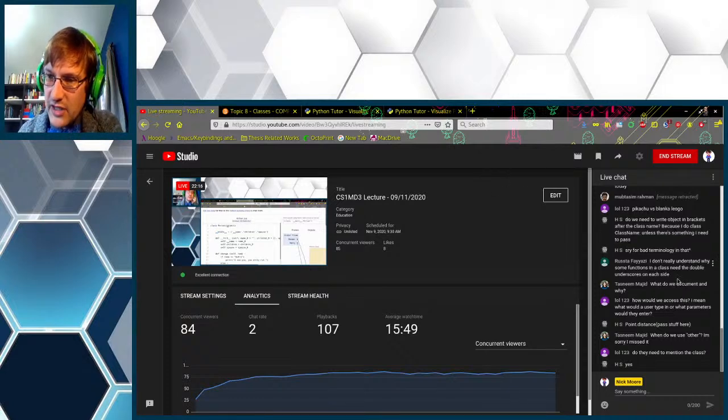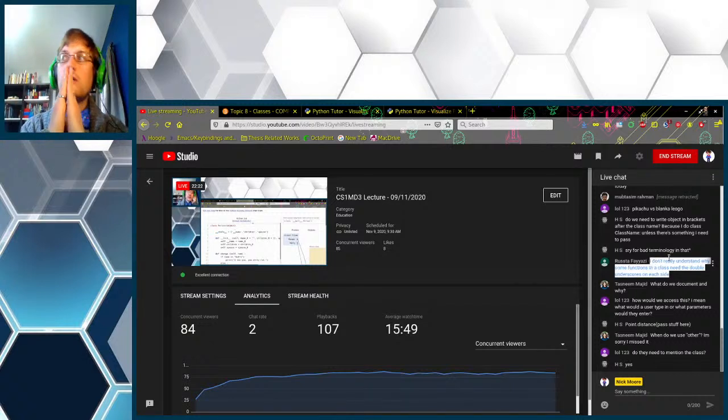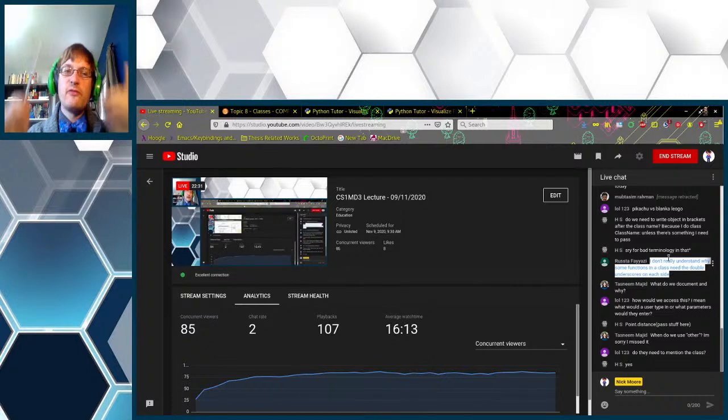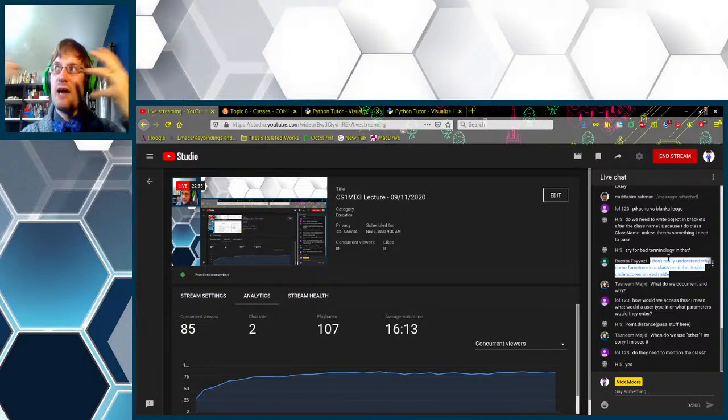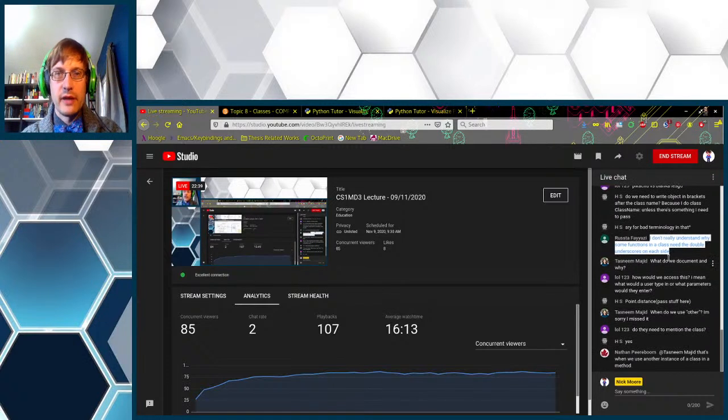I don't really understand why some functions in a class need the double underscores on each side. Okay. So there are some functions that have been provided to every class by default, right?